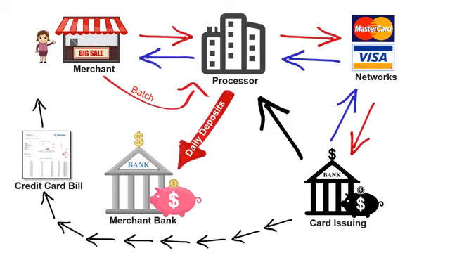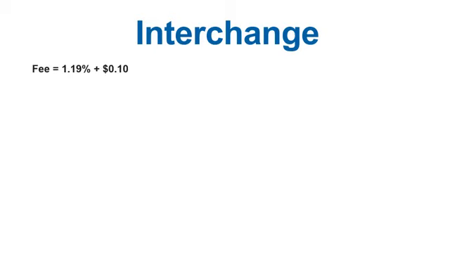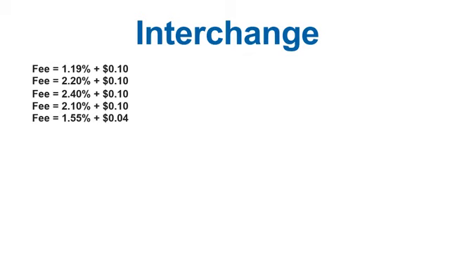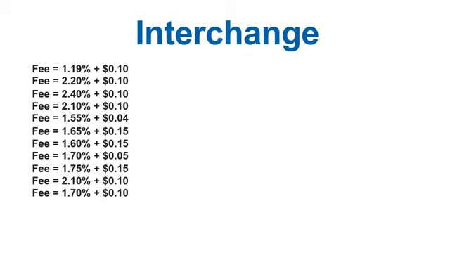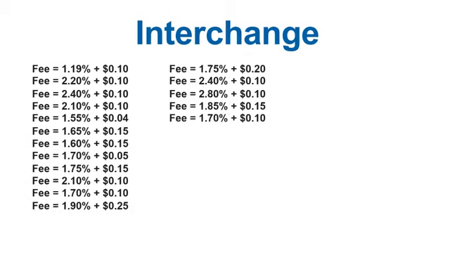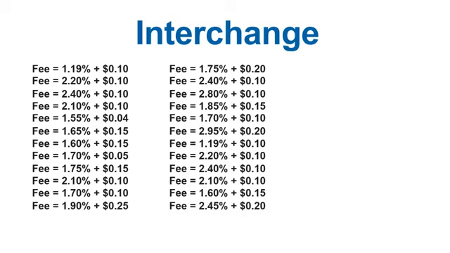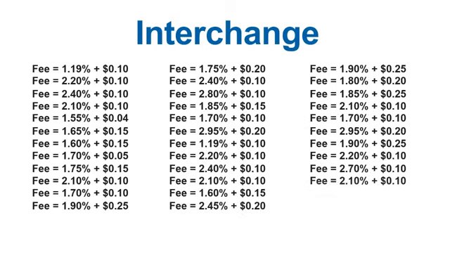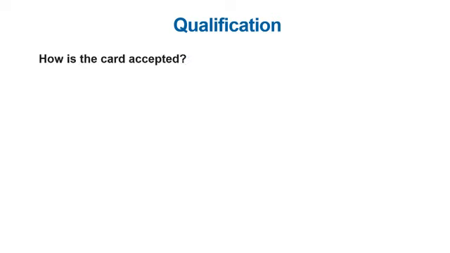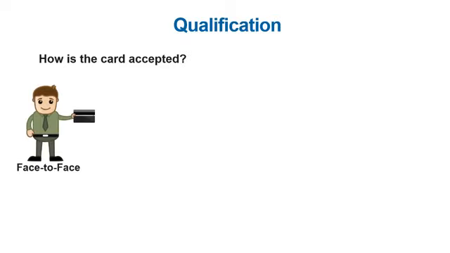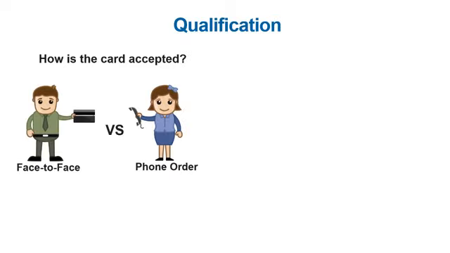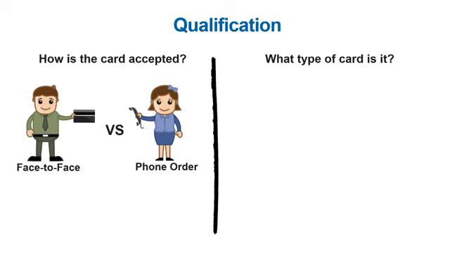What is interchange and what role does it play? Interchange is a schedule of fees that determine the price for all credit card transactions. There are hundreds of interchange levels, and each is comprised of a set of qualification requirements that must be met in order for a transaction to fall into a certain category. The two main qualification requirements are, number one, how the payment is accepted, whether it's face-to-face or over the phone, for example. And the second is the type of card that is used, whether it's a consumer card or a